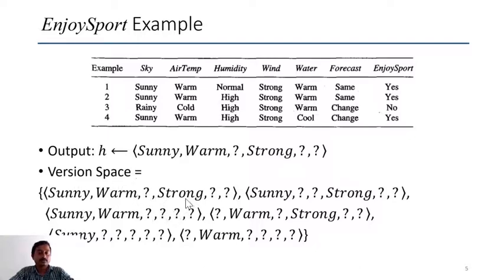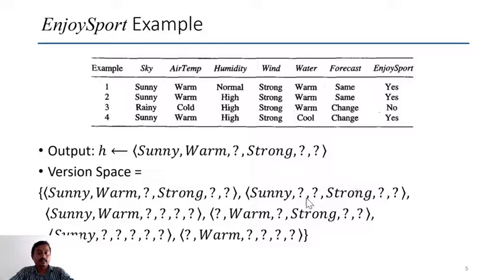So how is it consistent? See this hypothesis. It says sunny, warm, and strong. Whether the first example is consistent with this hypothesis, let us check that. It says sunny, it is matching. Then warm. Then for humidity we have normal. Here we have a question mark. Question mark means any value is acceptable, so which is okay. Then strong matching. Then warm, question mark, okay, fine, same, and question mark, meaning this training example is satisfying this hypothesis. It is consistent with this hypothesis.